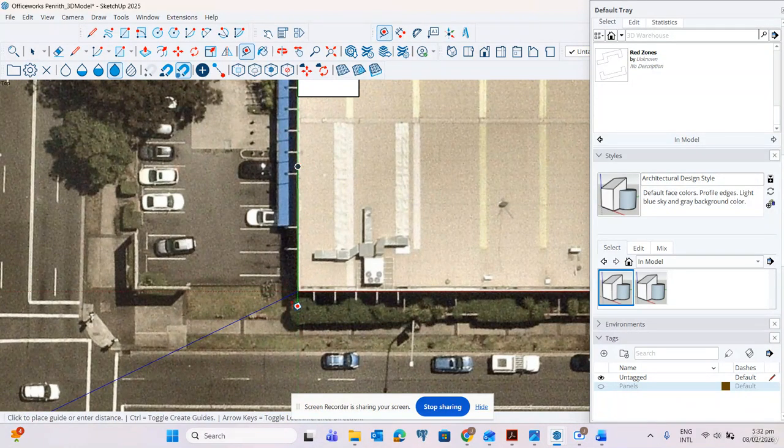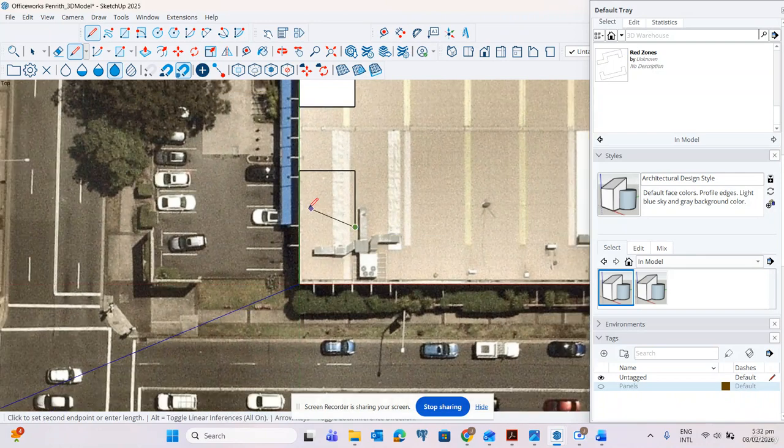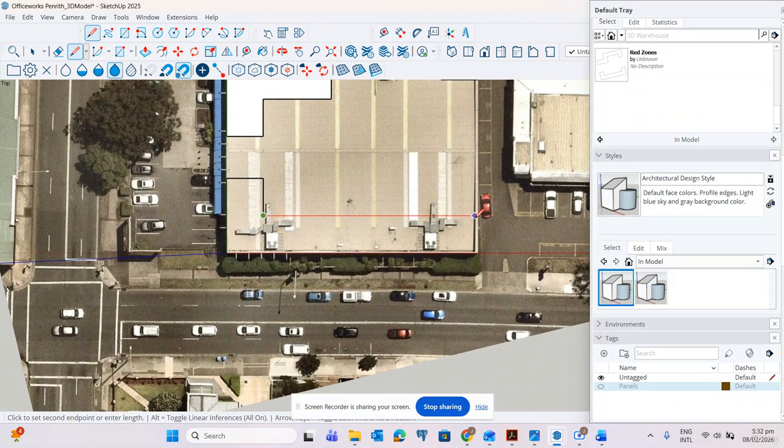We'll check if it is 14. Yeah, 14. And then 7. Since it's 14, we will put it at the center. No, 7.